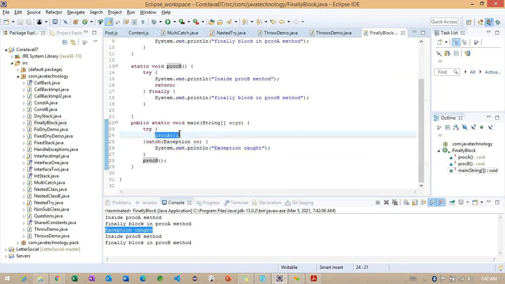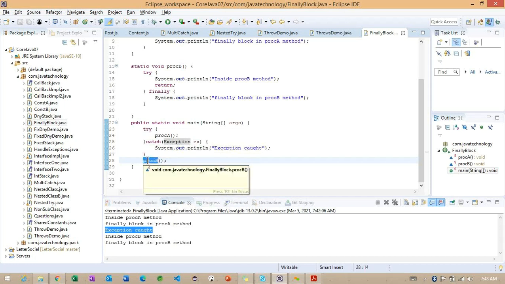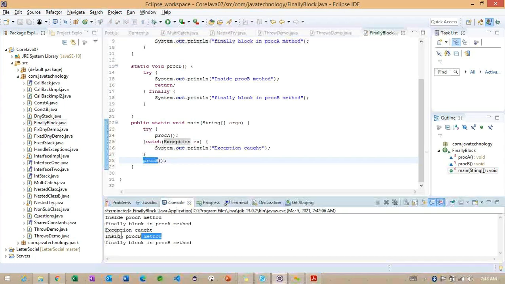What we are doing basically, whenever calling this particular process here, we are throwing an exception. The exception is handled here, and after that we are trying to provide the message, and after providing the message, it is trying to execute the below lines of code. The below lines of code, we are calling one more method here, something called process B, and inside the process B method is executed, and the process B finally block also executed.